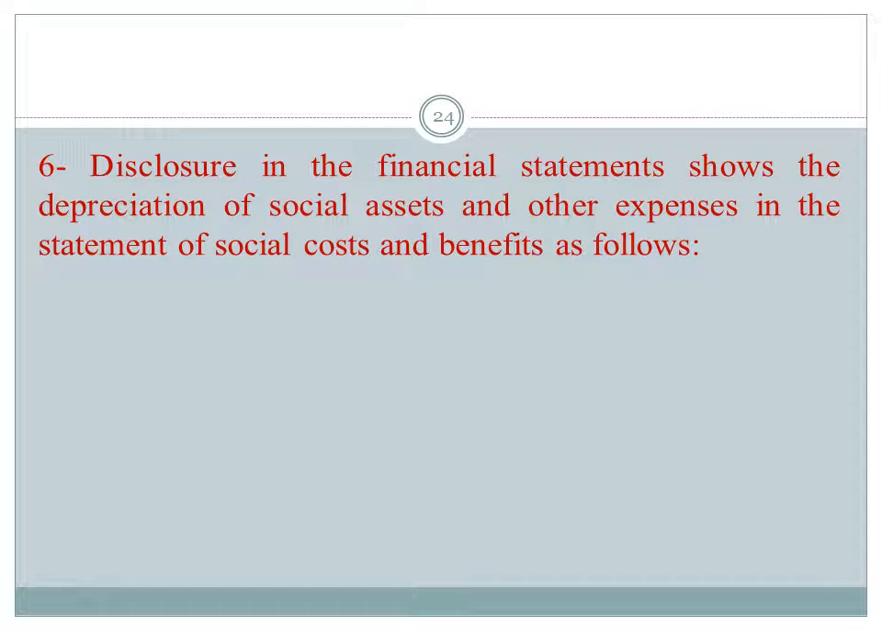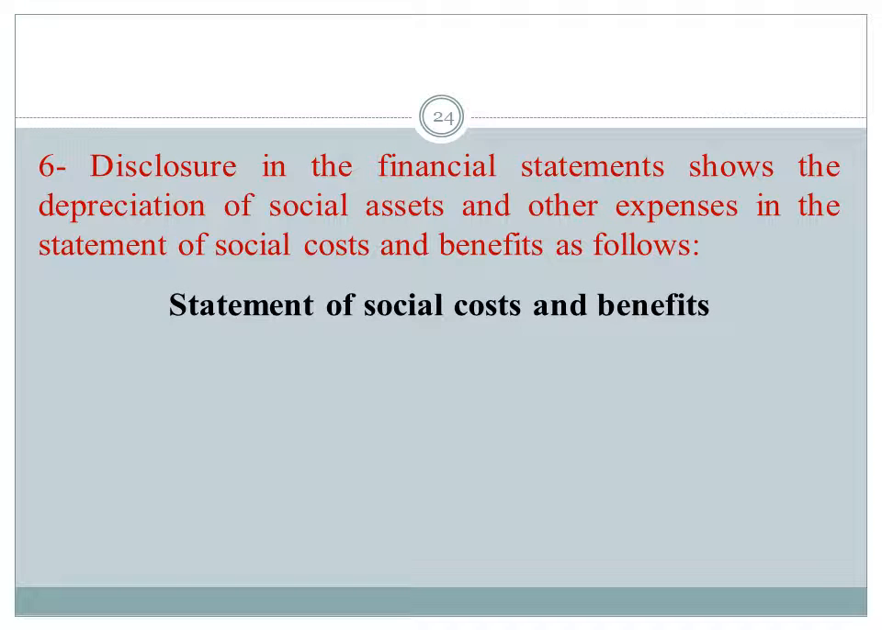Disclosure in the financial statements shows the depreciation of social assets and other expenses in the statement of social costs and benefits. Disclosure in the financial statements. There are 2 financial statements. Number 1, statement of social costs and benefits. 2, budget or balance sheet. Firstly, statement of social costs and benefits. This statement consists of 2 sections: